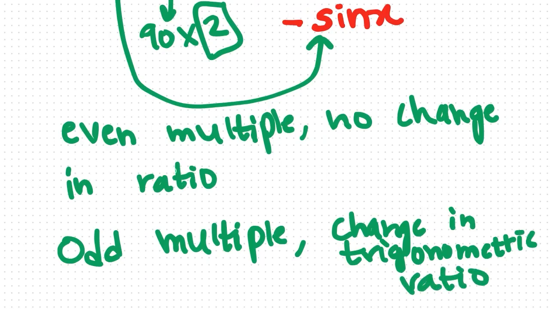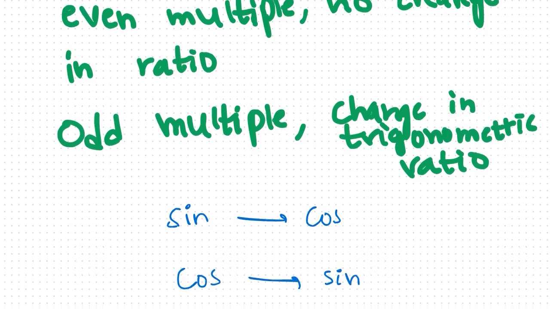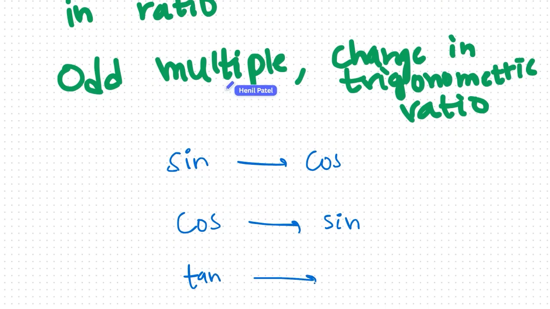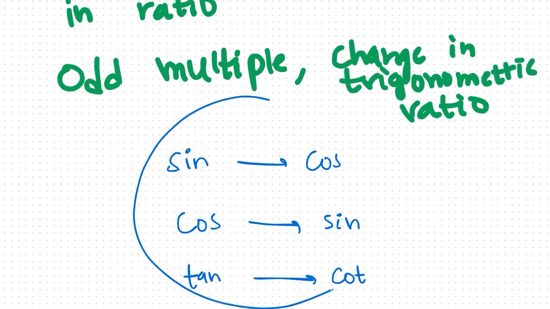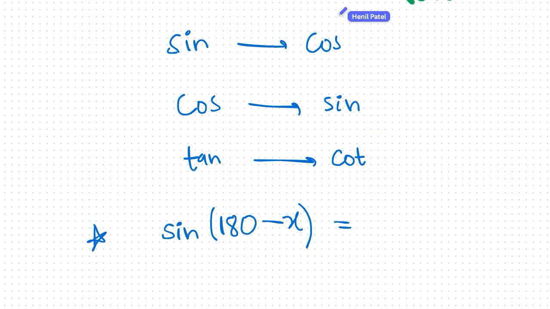Usually, sine flips to cosine, cos flips to sine, and tan flips to cot. So this is how you flip. So let's talk about that. If I say sine of, let's say, 180 minus x degrees, of course, it will be equal to